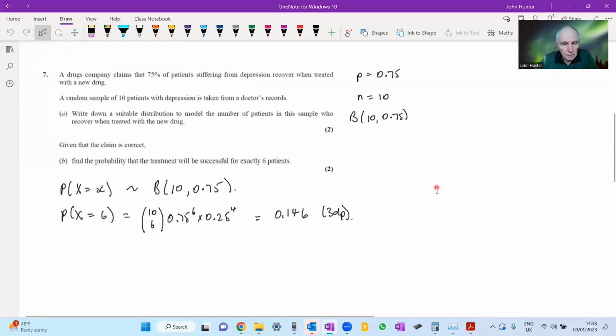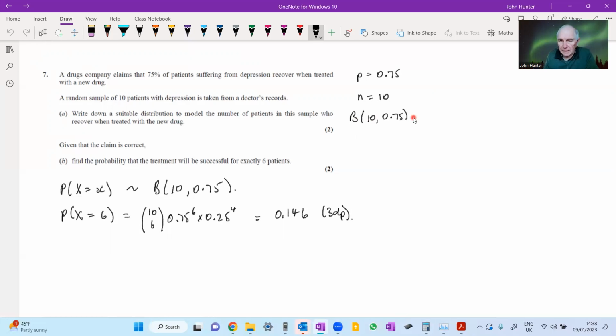One thing that has come up, which I've not put down on here, is that if we are using this to model this particular situation, there are a couple of things that need to be true for this to be our model, and we can remember this by these initials I